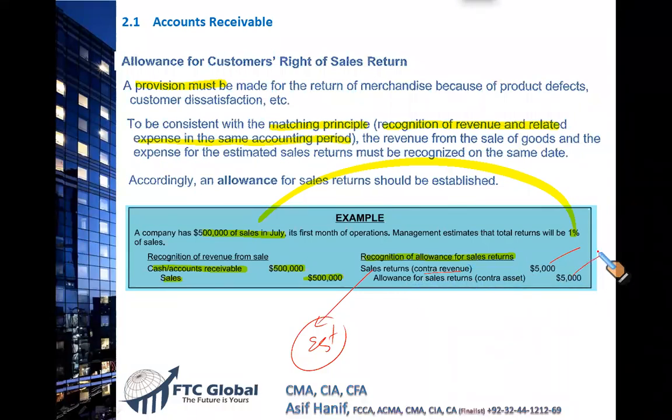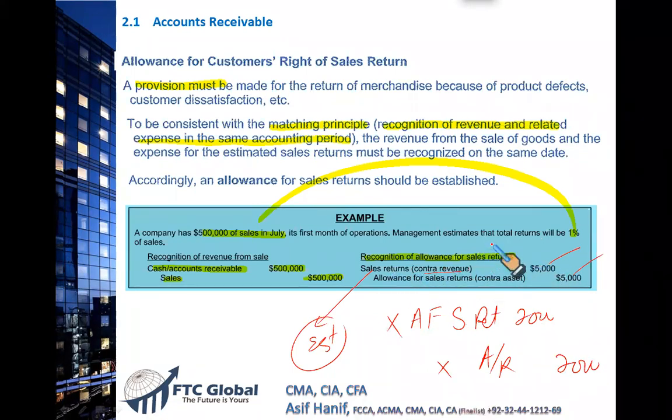When there is our actual sales return, the entry we make is debit allowance for sales returns. Let's say actual goods that came back had a selling price of 2,000. So we'll debit allowance for sales return and credit the customer who brought the goods. It will have no impact upon your income statement whatsoever because the expense has already been charged through allowance, similar to what we did with the bad debts, with the uncollectible accounts. It works in the same dynamics. Rather than waiting for the actual returns, we make an estimate of returns.